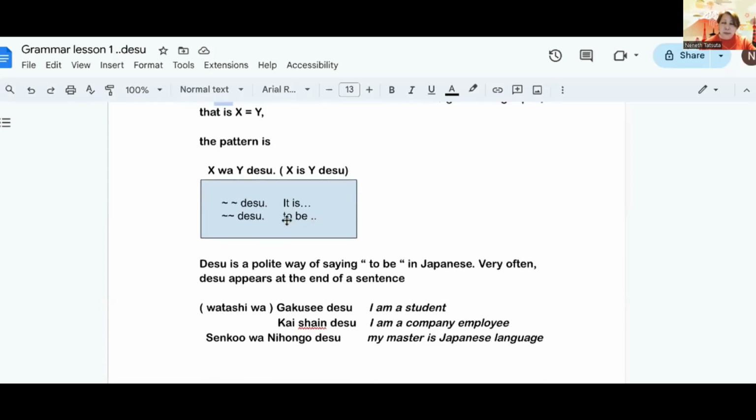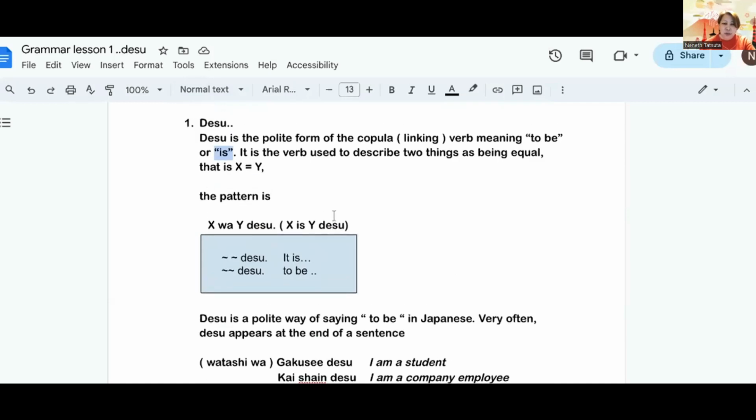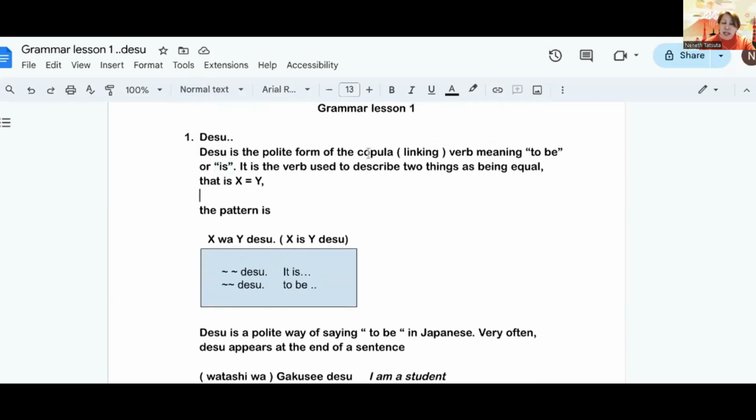Now, what is a verb? Desu means to be in English, and it should be connected to the verb. What is a verb? Verb is an action word. It represents something that is happening. It's an action. Very good, ma'am. Thank you. So it's a polite form of a copula verb meaning to be, which connects to the noun or